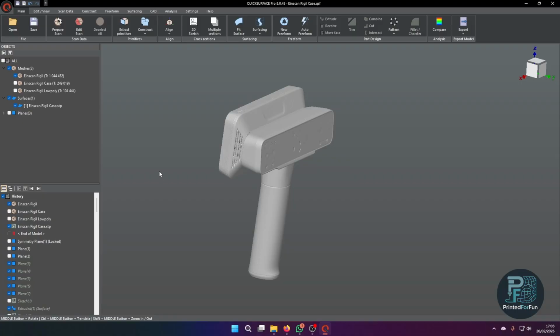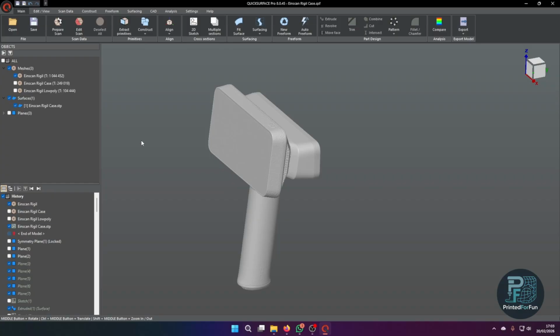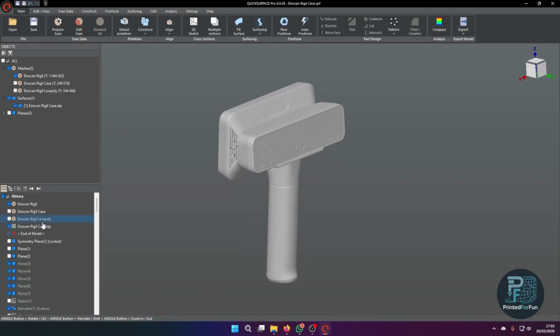So we're currently in the latest version of Quicksurface Pro. The approaches that I'm showing you here will only work in the Pro version, so keep this in mind. In the regular version, it won't work because the CAD functionality, the advanced surface combination, surface trimming, and copying CAD parts don't work in the light or the regular version. So to start with,